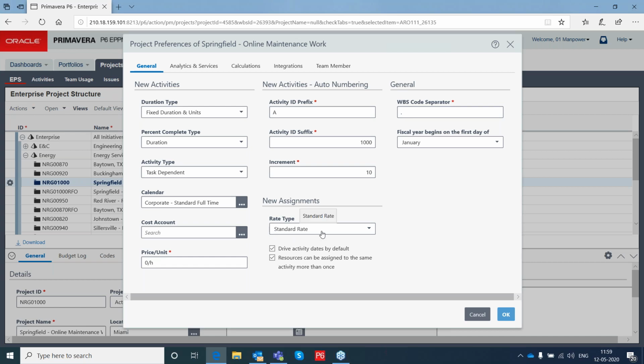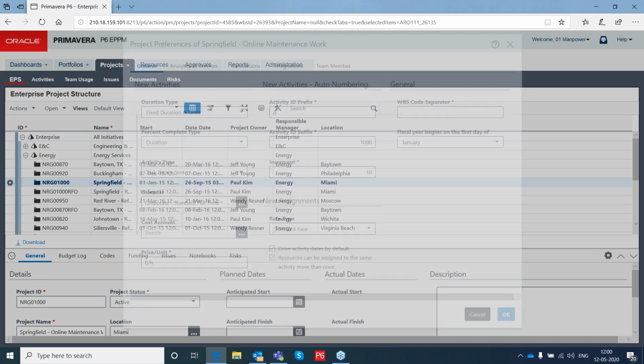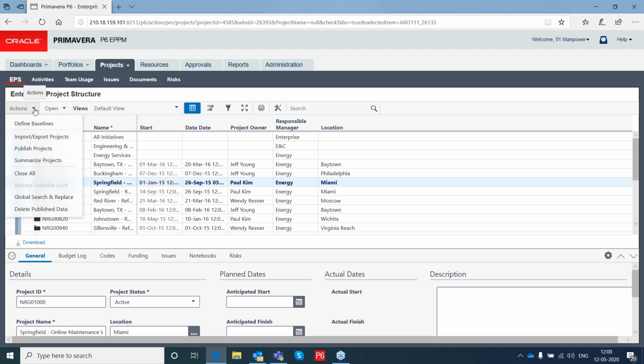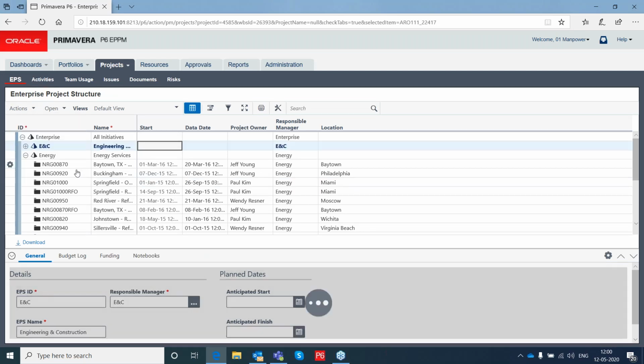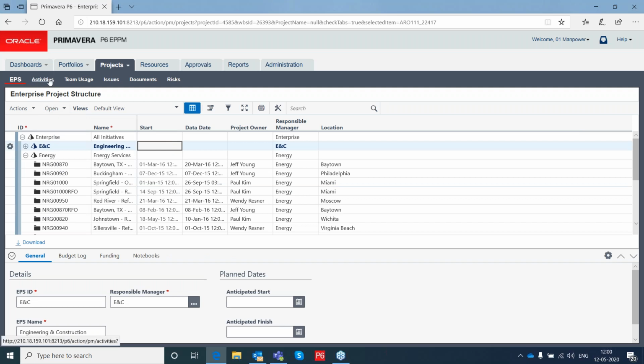That you can change it here. And once you change it here, you can go for a recalculate assignment cost, which is available here. Sorry, not here. Once you open a project, you'll be having it there.